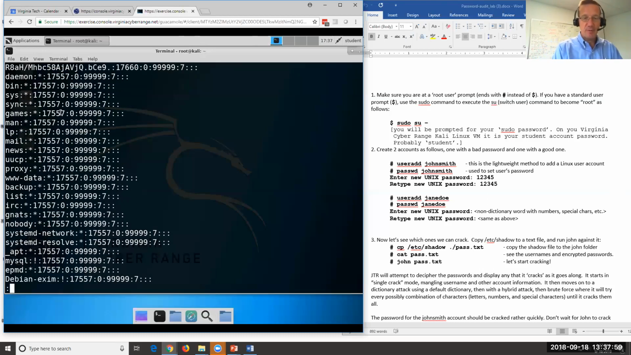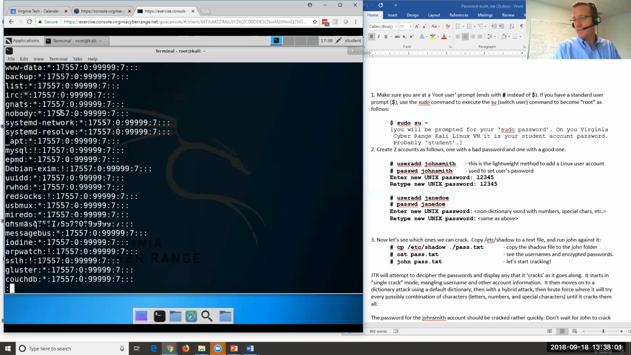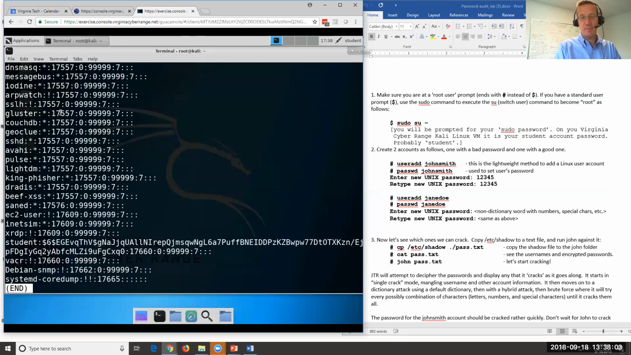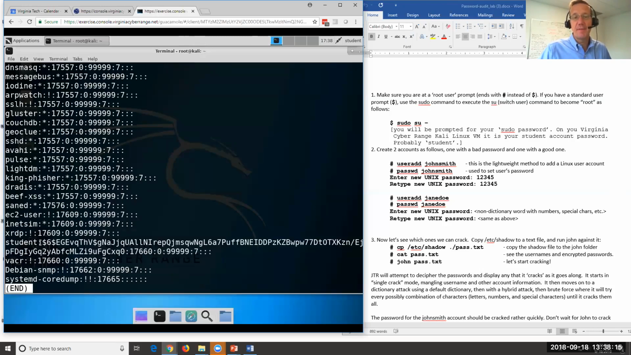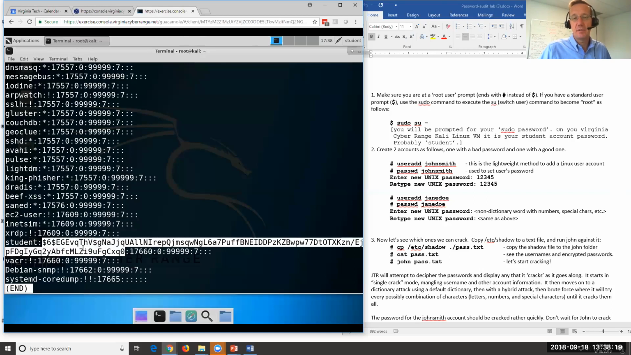So let me go down to the bottom of this file, and looking at about 20 minutes left, I'm going to move on to start doing some password cracking. The other password I see here that is a loginable password is the student account. So student, this is the account you should have logged into the system with, and here is the hashed password,